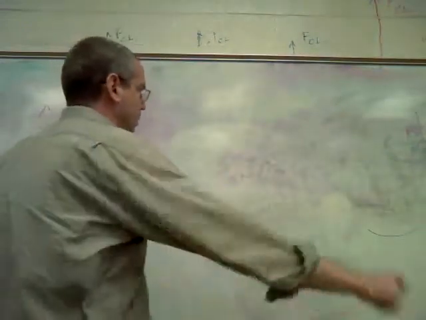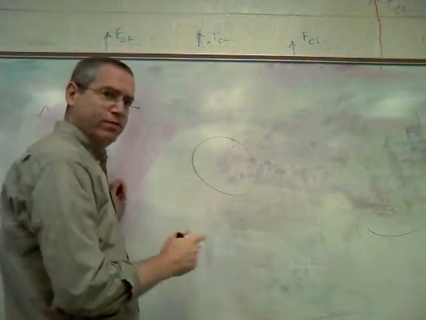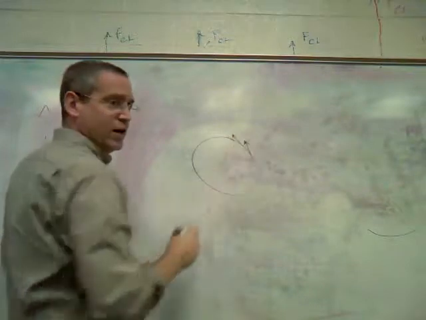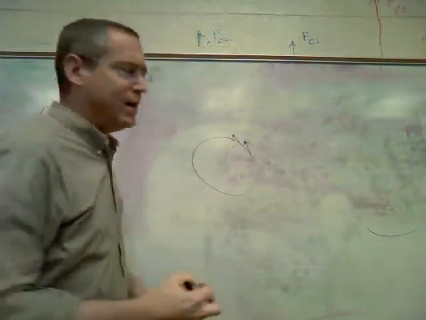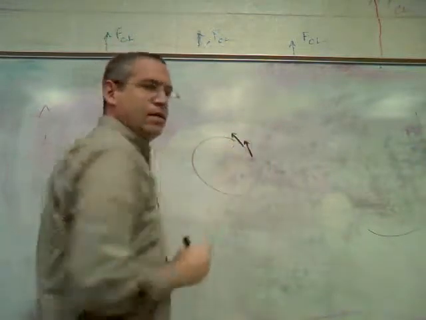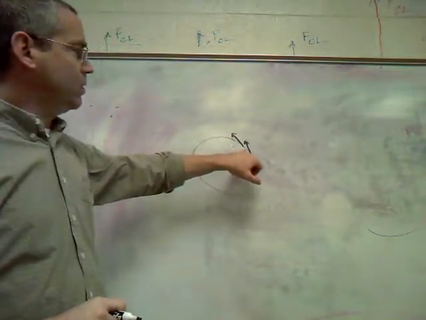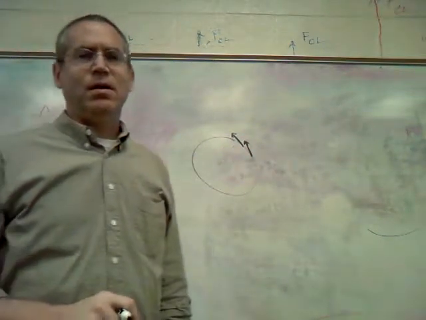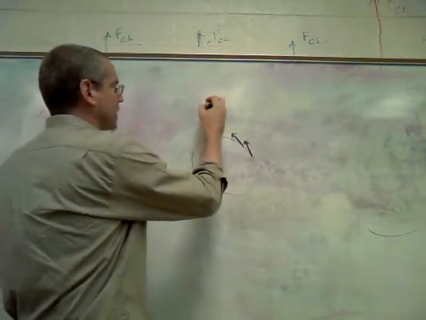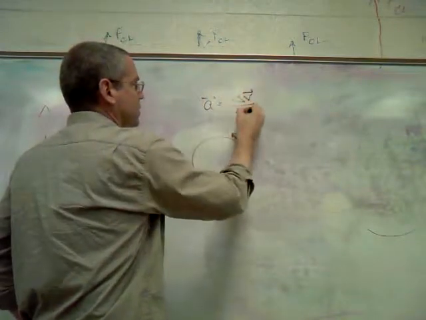And so, as we're looking at an object that's spinning around, this is an overhead view of an object spinning around, at one point the velocity is in this direction, at another point the velocity is in that direction. Those vectors are not in the same direction. Let's see if I can make them a little bit thicker, a little bit easier to see. They might be the same length, as they should be, but the direction definitely is not the same, and therefore there is acceleration. Now the direction of acceleration, if we look back to acceleration being the change in velocity over the change in time,